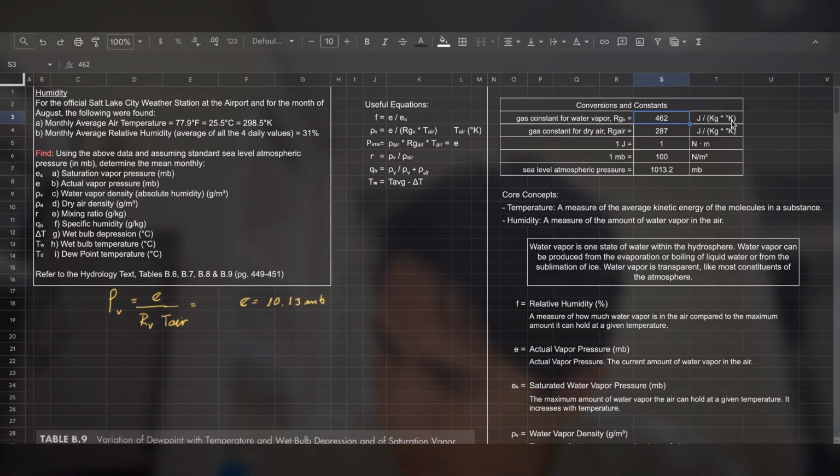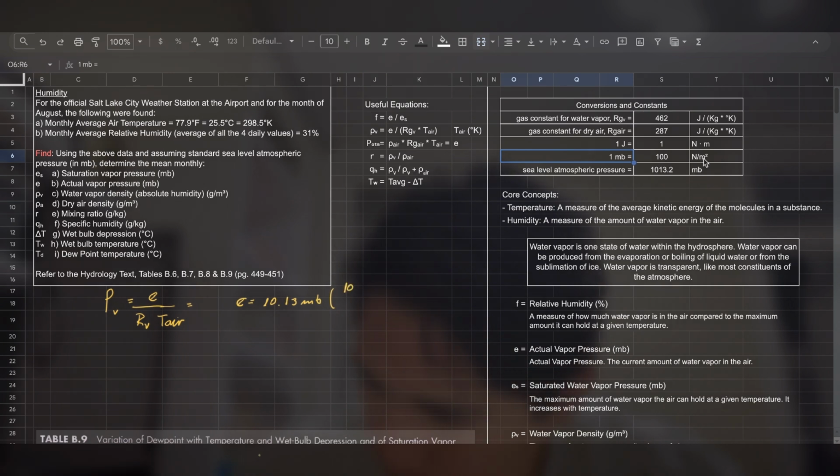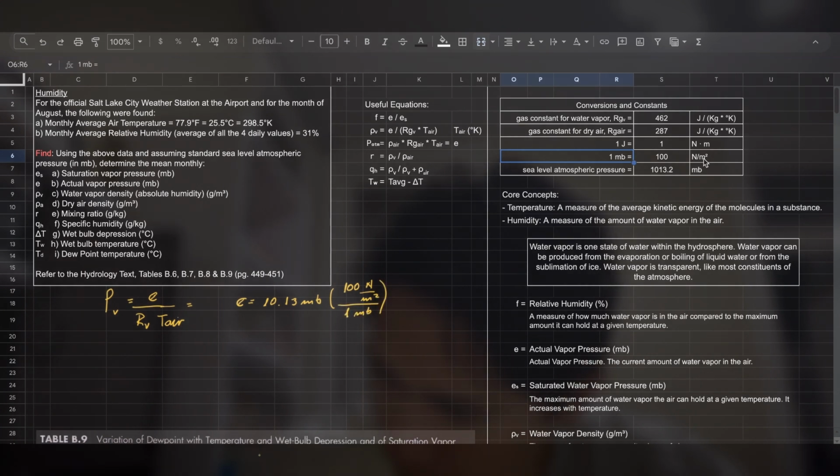Now this millibars, we need to convert to newtons per meter square, and we have here in this conversions and constants table that 1 millibar equals 100 newtons per meter square. So we're going to do 100 newtons per meter square equals 1 millibar. So millibars cancel, and we have as an answer 10.13